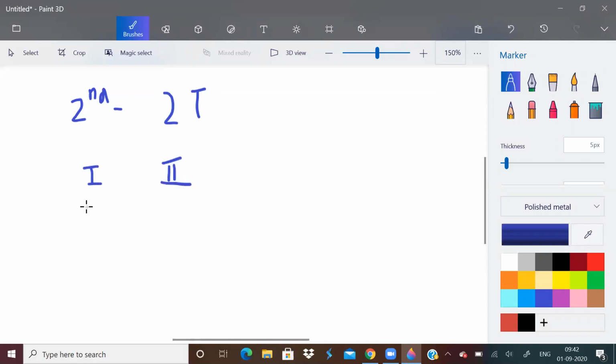Let me select a room such that the area is 1 into 1, and similarly in the second house the area is 1 into 1. Now, can I use these 2 tiles to cover both the rooms? Yes, because 1 into 1 plus 1 into 1 is 2. So the total floor area is equal to the number of tiles present in one of the boxes.